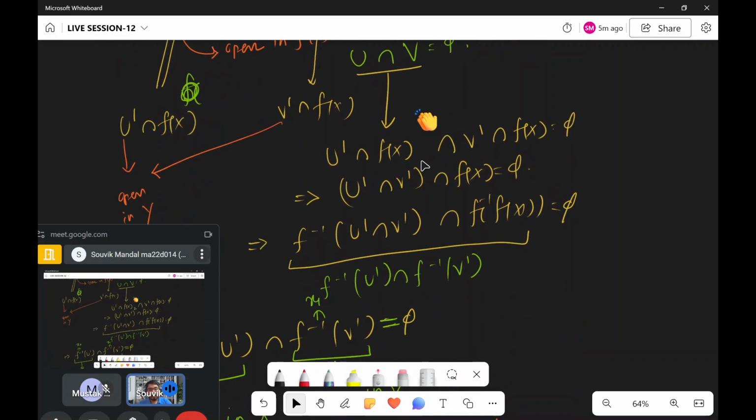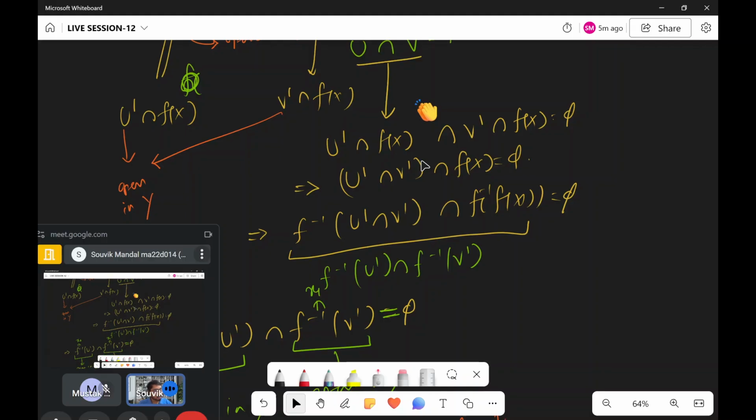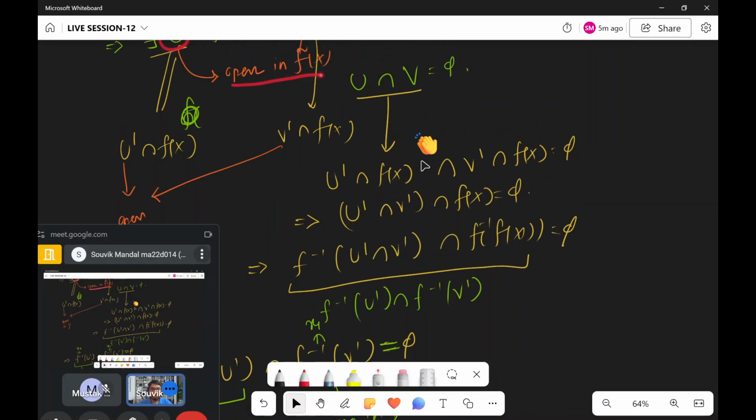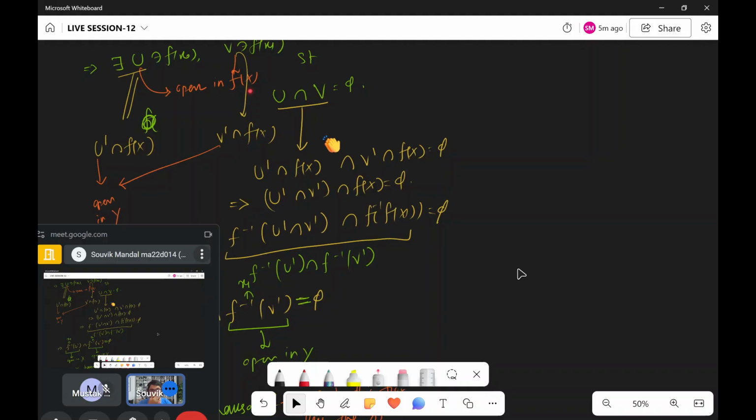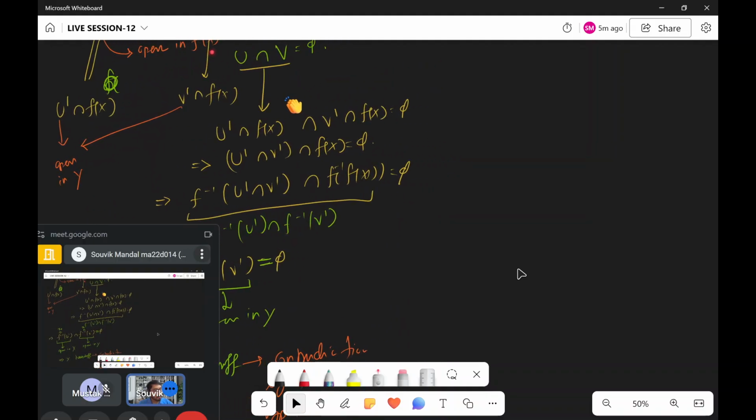Now by the subspace topology, since U is open in f of X, U can be written as U prime intersection f of X, and V can be written as V prime intersection f of X. This U prime and V prime are both open in Y. So now this equation U intersection V equal to empty gives